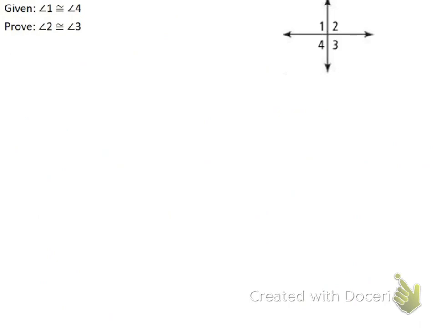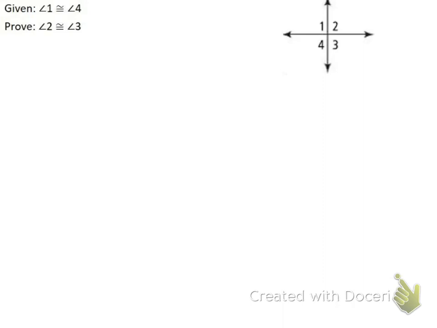The second proof, so these are where we get into some, it's less writing equations and it's more just having a thought process about what we're doing here. And so with this first problem, we have got 4 angles. We want to prove that angle 2 and 3 are equal to each other. And